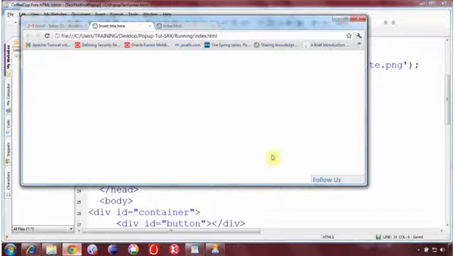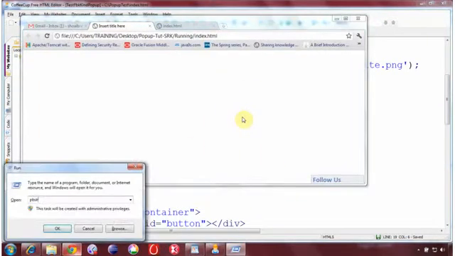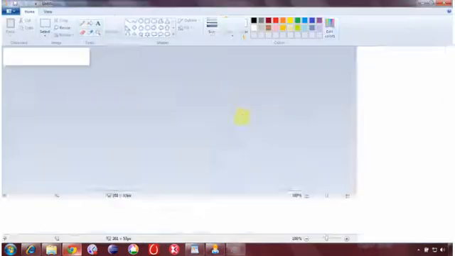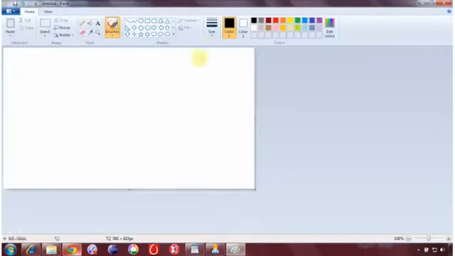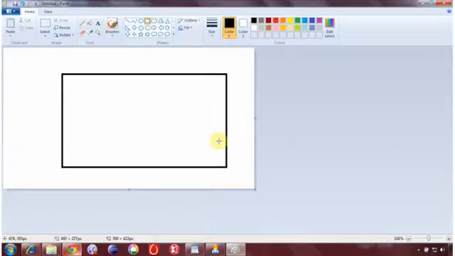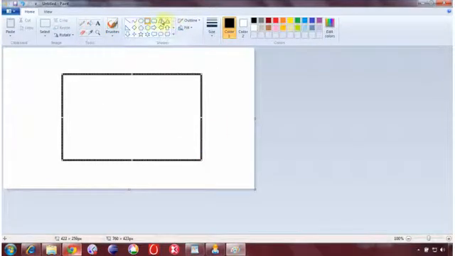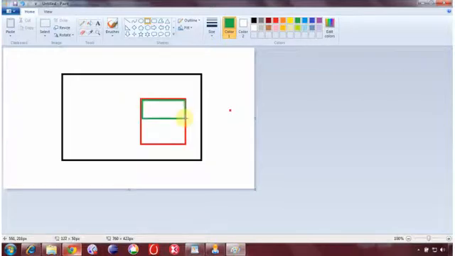Let me tell you once more why minus 25. Suppose I have a box over here that contains another box, or let me just draw and demonstrate it to you. That will be perfect for you to understand. See here, this is your browser. Fine. Inside the browser, what you are having is a box. Let it be black only. Let's say I'm going to draw another one with red color. This is your box. This box further contains an image that I'm going to color something different to give you an understanding of what exactly is happening. And here this button image is divided into 2 sections.